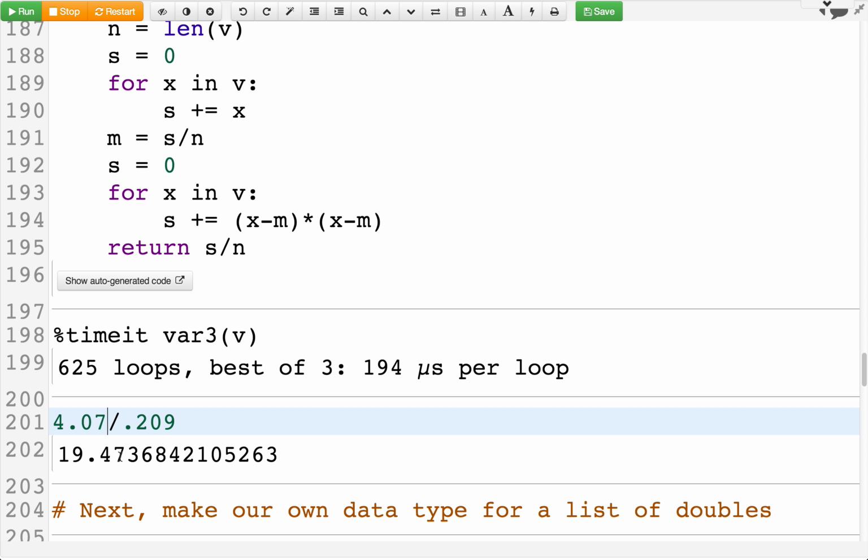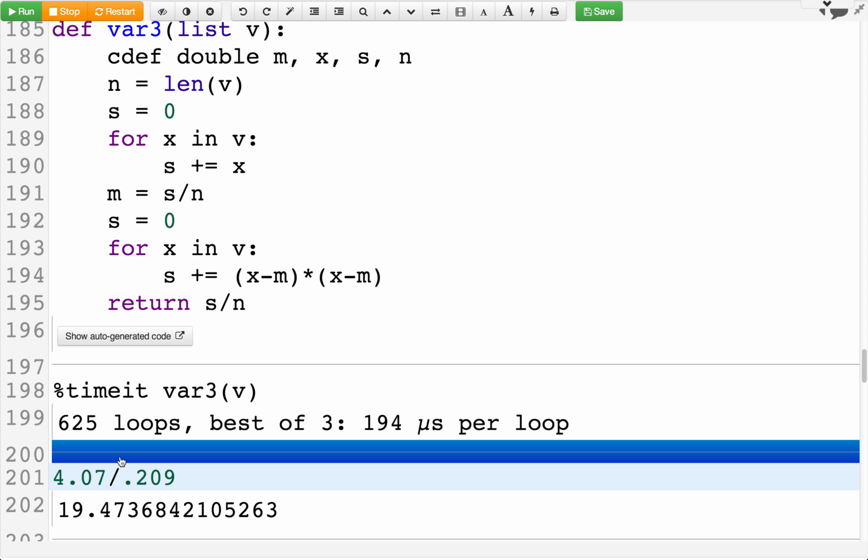Okay, so that's almost 20 times faster than the original one. So we're computing our variance in 194 microseconds instead of 4 milliseconds. So that's really an improvement. And the main difference that we made was to get rid of the call to Python sum.